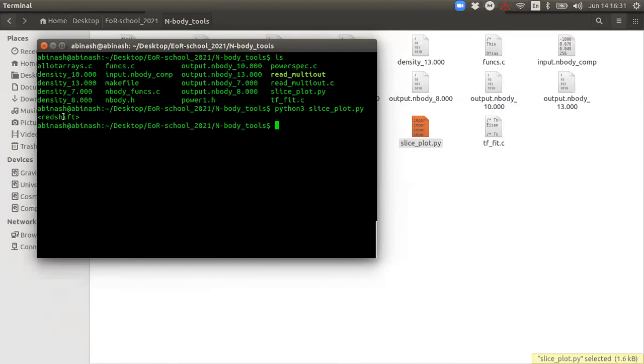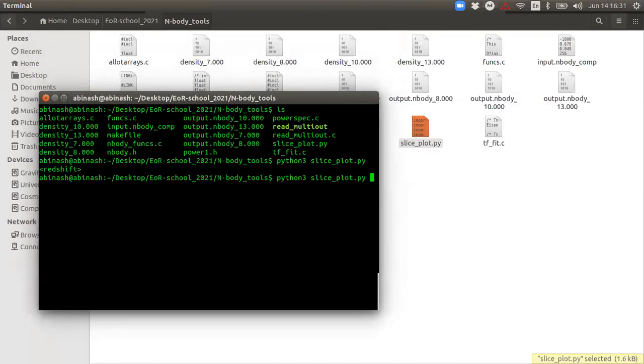It needs the redshift, so it will plot only one file at a time. That is what I want to show you. So you just put, let's say, 8, if you want to see the plot from 8.